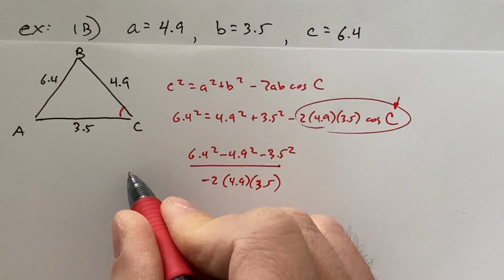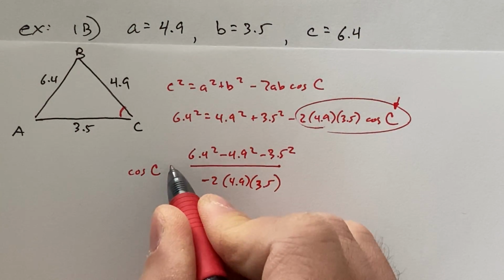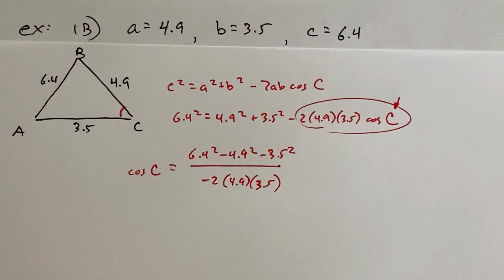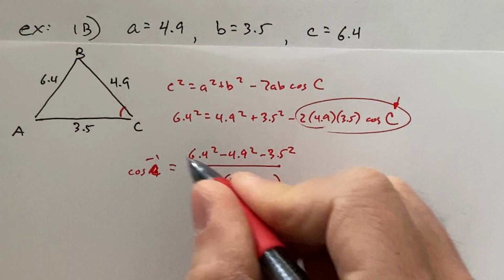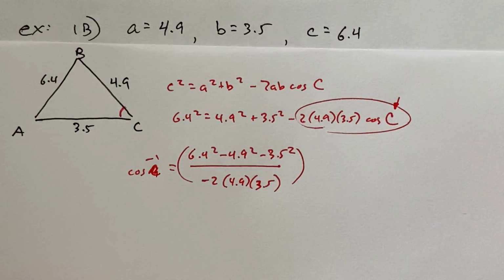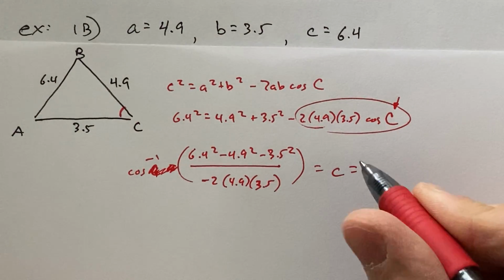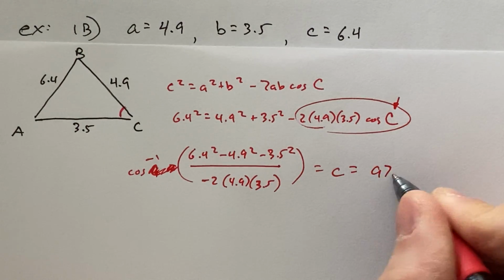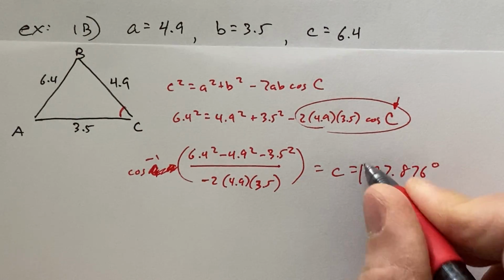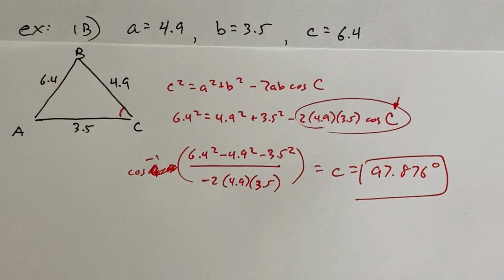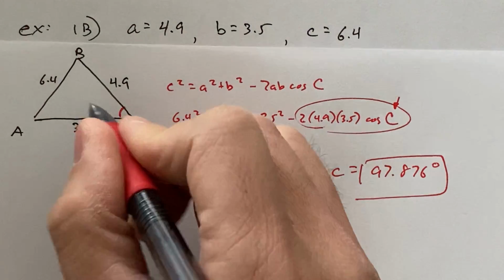Okay, and what's even worse is I didn't even find angle C yet. I found cosine of angle C, so I had to arc cosine this. Which will then give me C to equal 97.876 degrees. So that was pretty difficult, pretty tricky to punch into your calculator, but good news is if you can survive this,